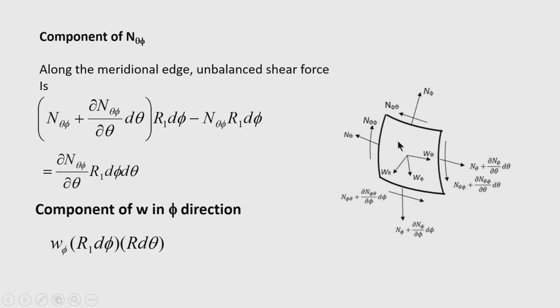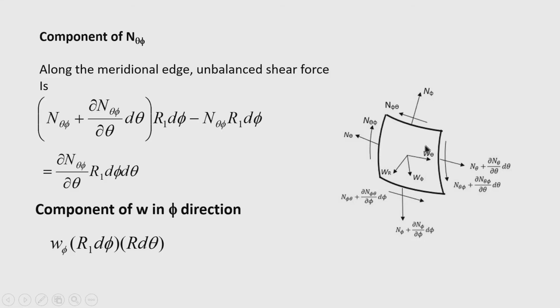So, for the component of W, if W is the load acting on this shell surface and its unit is force per unit surface area, in the phi direction we take the component as W phi. Therefore, the total force on this element along the phi direction will be W phi into the area of the element. The area of the element is r 1 d phi into r d theta. So, we get all the components along the phi direction. Now, we sum up